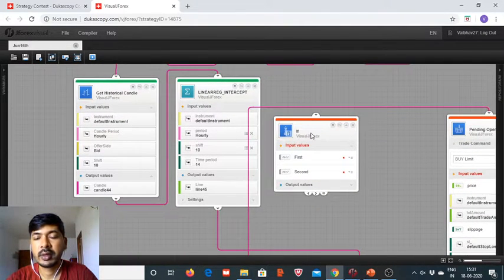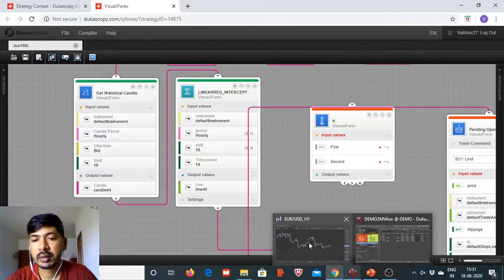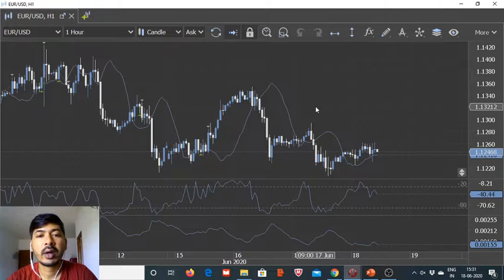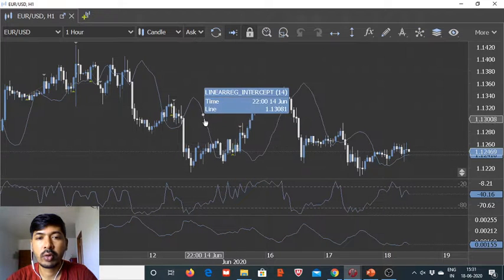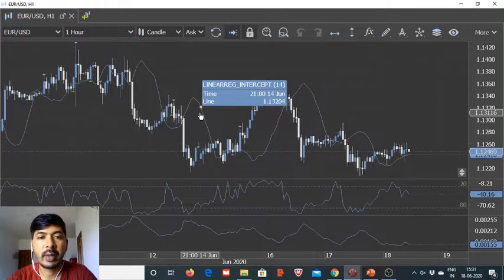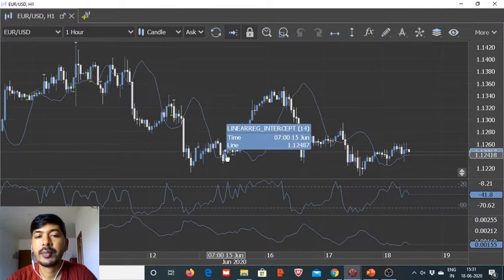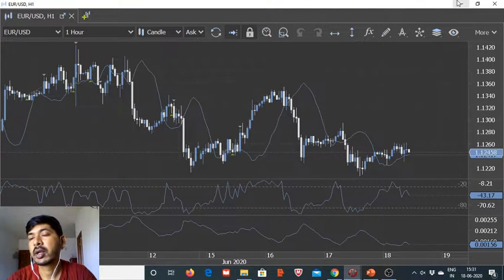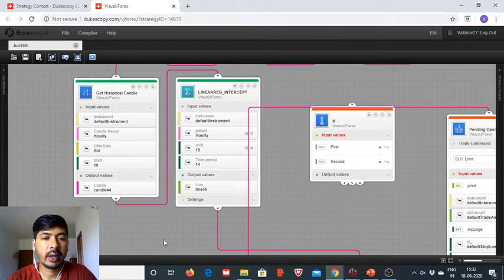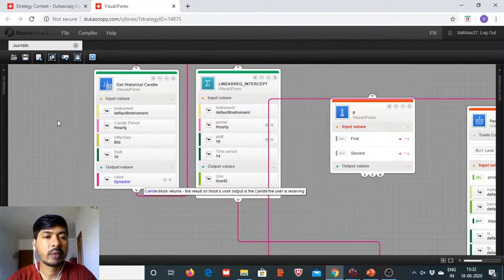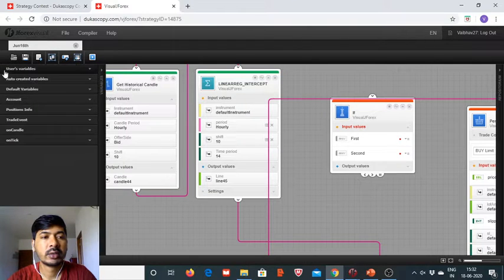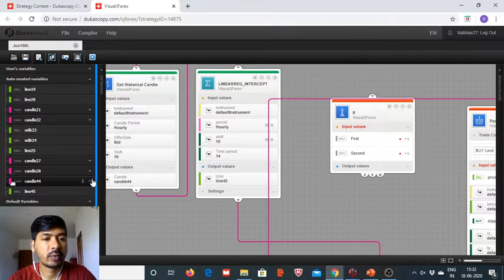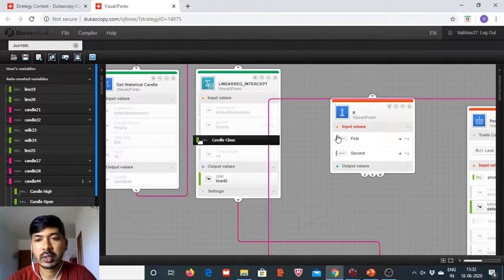And as I said, when we are going for a buy trade, the hourly candle 10 hours back should have closed below the linear regression intercept at that point in time. So we will look back 10 periods, 10 hours each, for the linear regression intercept as well as for the historical candle. And this candle 44's closing level should be below. So here we have to take candle 44 close, candle close,